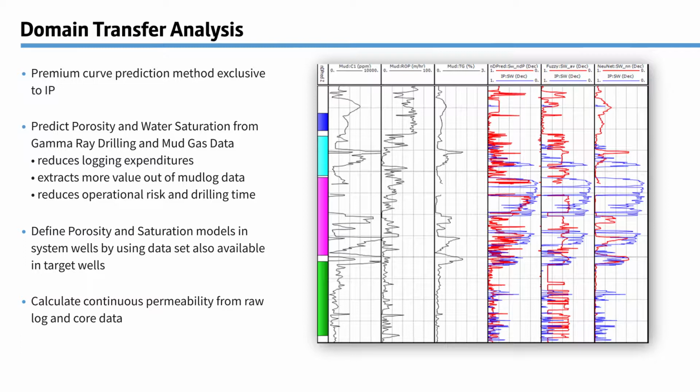By doing this, you can reduce logging expenditure, you can get much more from your mud log data, and it reduces operational risk and hopefully drilling time as well. What we've got on the side here is just an example of how the results from our DTA model compared with using other methods such as fuzzy logic and neural network. And on this occasion, you can see our predicted saturation is matching much better than the other methods. So that's one application that's very good for,